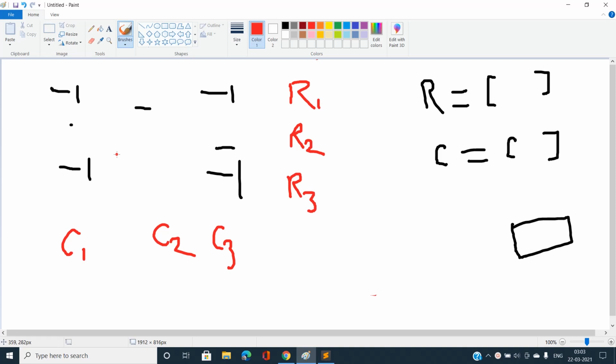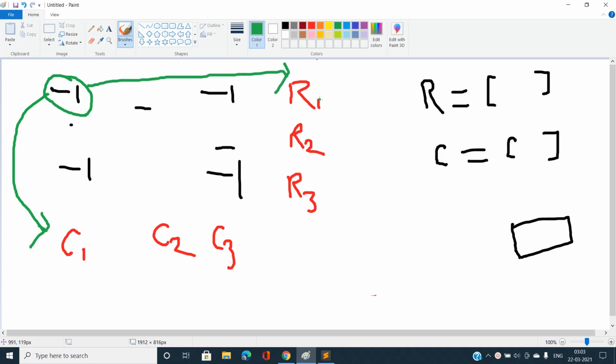So what I'm going to do is build a graph from this cell to this R1 cell. Let us name R1, R2, R3 with some random unique integers, and similarly C1, C2, C3.